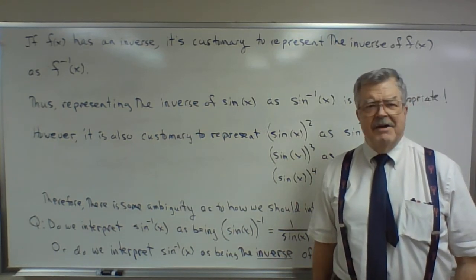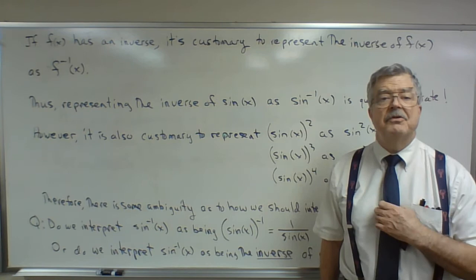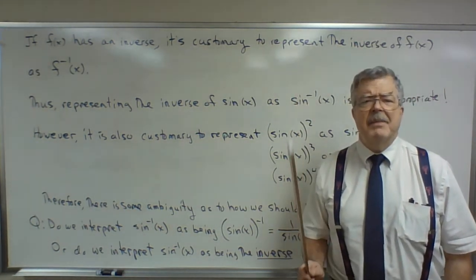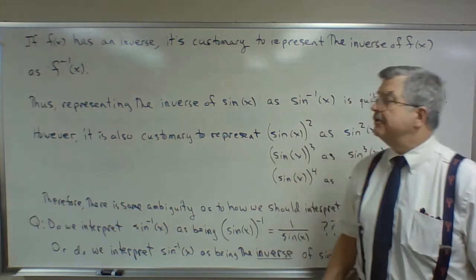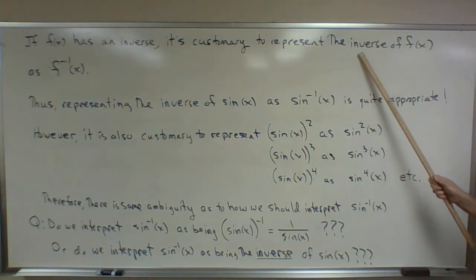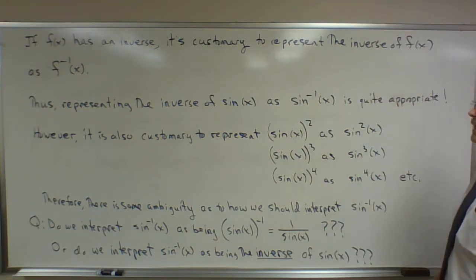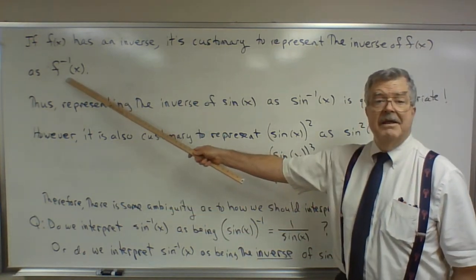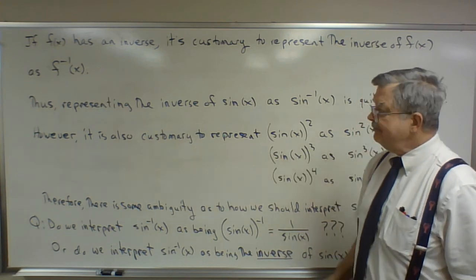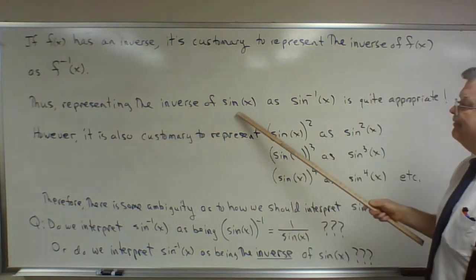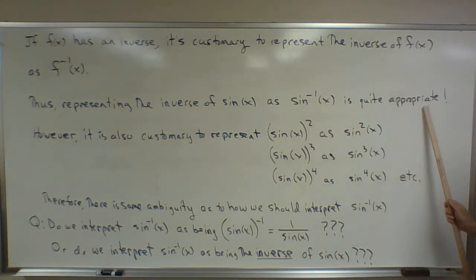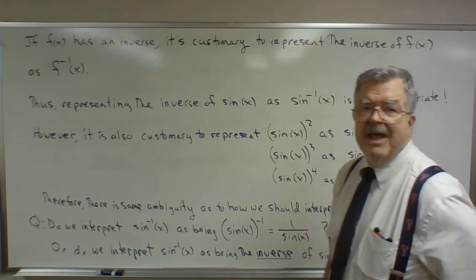Here's why we have two different styles of notation when it comes to representing inverse trig functions. If f has an inverse, it's customary to represent the inverse of f of x this way, and we look at this and say f inverse of x. Thus, representing the inverse of sine of x as sine inverse of x is quite appropriate. However,